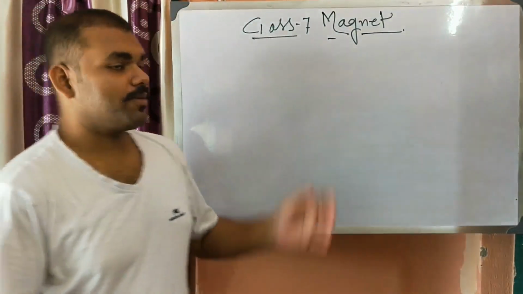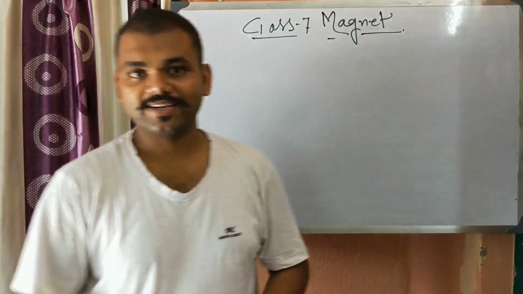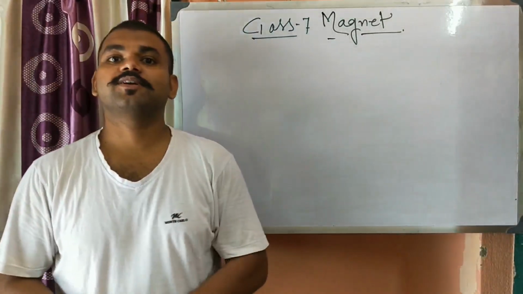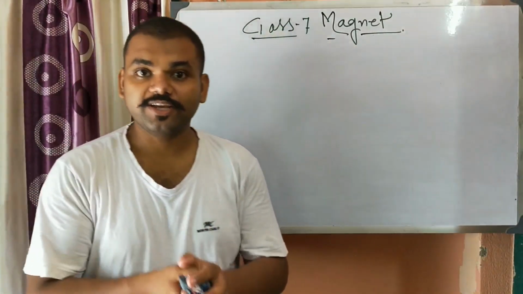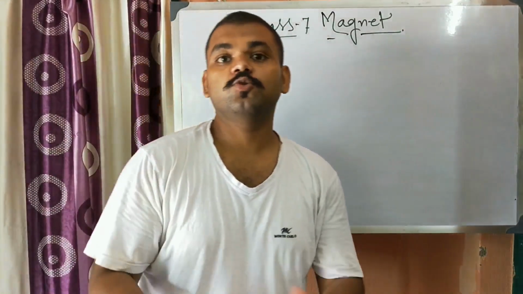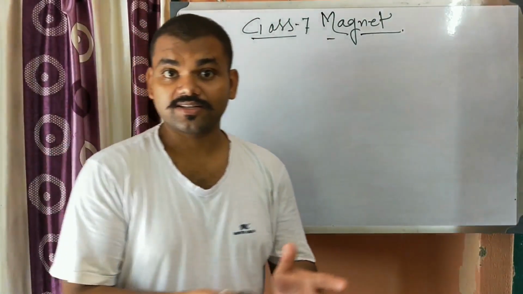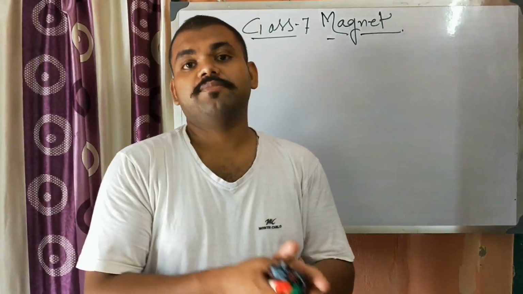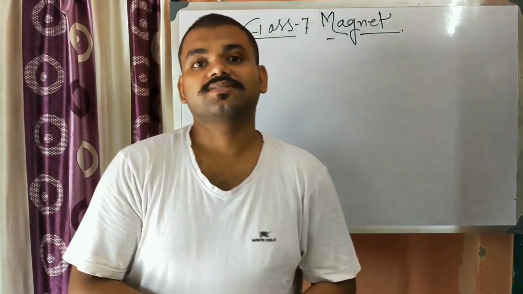Today we will talk about electromagnet. Okay, do you know what is an electromagnet? An electromagnet is a particular magnet which is produced by passing of electric current through a magnetic material. So what are the magnetic materials? Magnetic materials are the materials which can be magnetized and which are attracted towards the magnet.